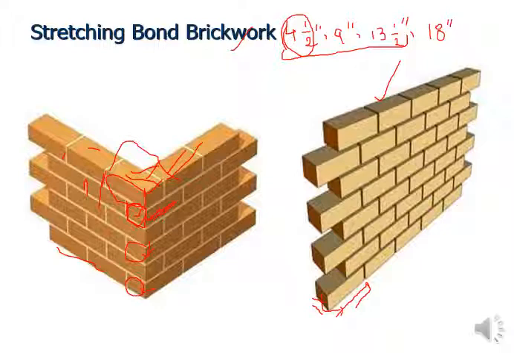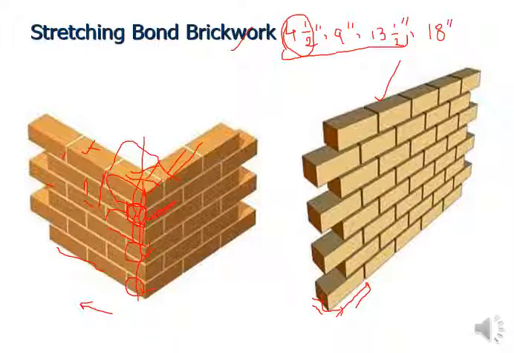Here, if you are at the corner of the wall and looking in this direction, focus on that. If you talk about this side, then this side is going to give you the odd courses with the 4.5 dimension at the corner. And for the even courses, 2nd, 4th and 6th, you can see the 9 inch dimension at the corner. Okay, and the same continues.